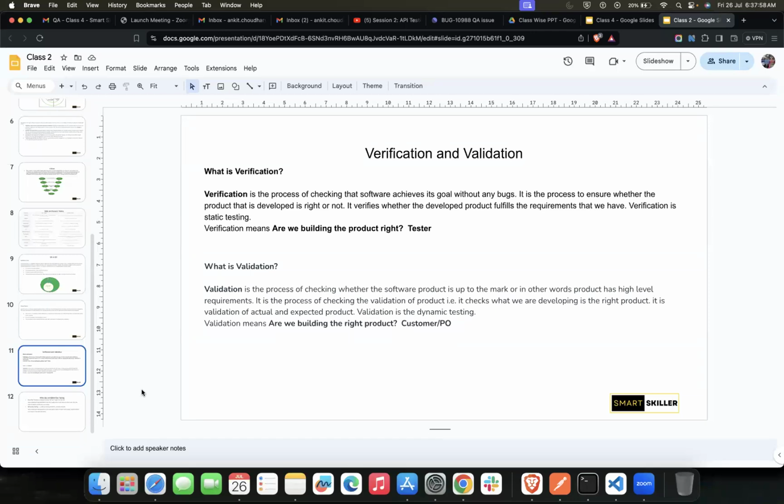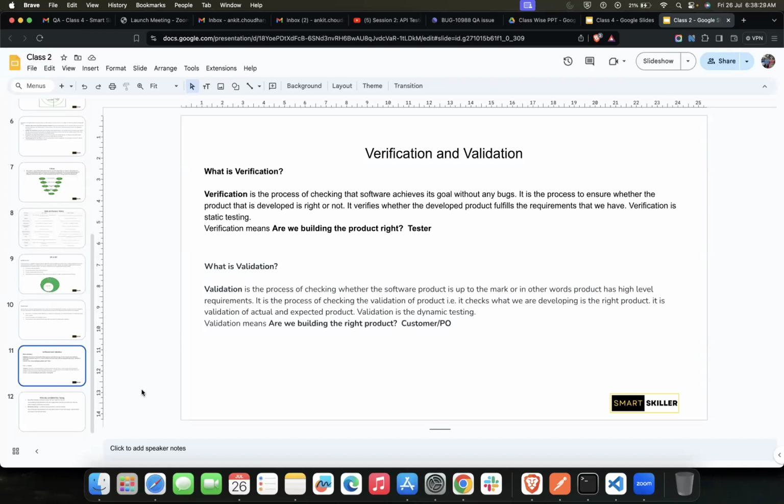Before development starts, you get the requirements, what exactly you need to develop, correct? So the tester needs to make sure that the requirements given at the start of the project are followed when the entire development is done.